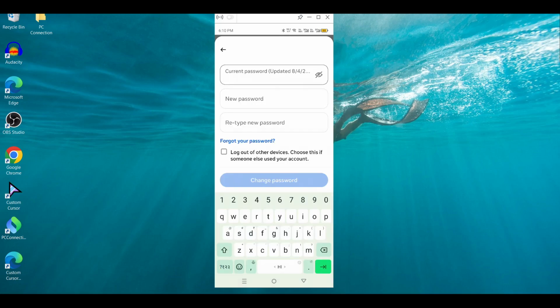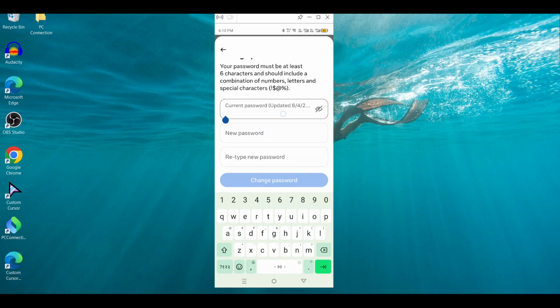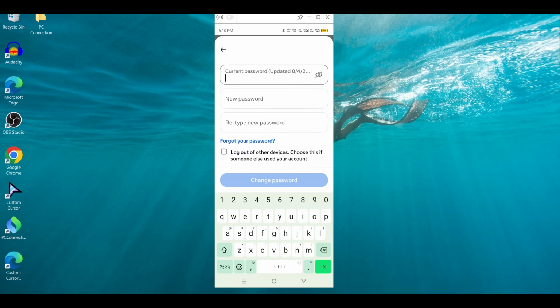If you remember, if you know your old password, you input it here. If you forget your old password, don't worry. Forgot your password, click here